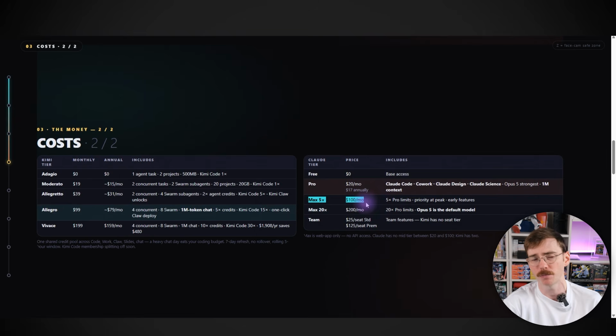Mostly I use the Max plan, but I have been on the Pro plan before and the Team plan before. Same with Codex. I'm usually on the Team plan lately. But with Claude, it's very easy to hit your token limit with Pro, whereas I find with Kimi K3 on Moderato, or whatever you want to call this, they have the fancy musical names, you get way more coding out of the $19 a month plan. But there are some issues we'll talk about in a second.